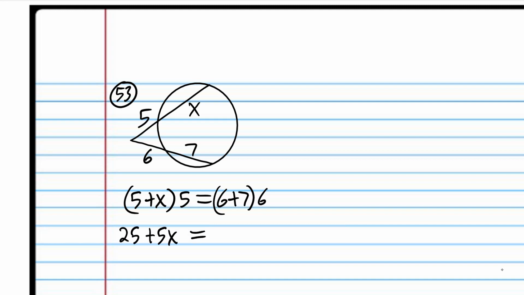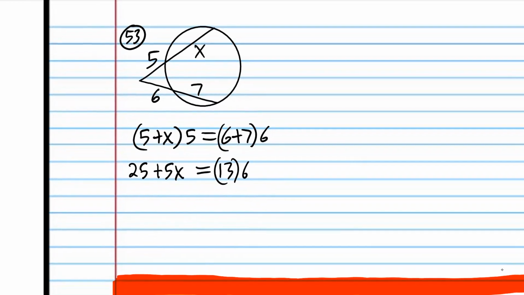And then 6 plus 7 is 13. 6 times 13 is 78. Subtract 25 from both sides. And 78 minus 25 is 53. And divide both sides by 5, and we get x is equal to, and you can use a calculator for that if you want,